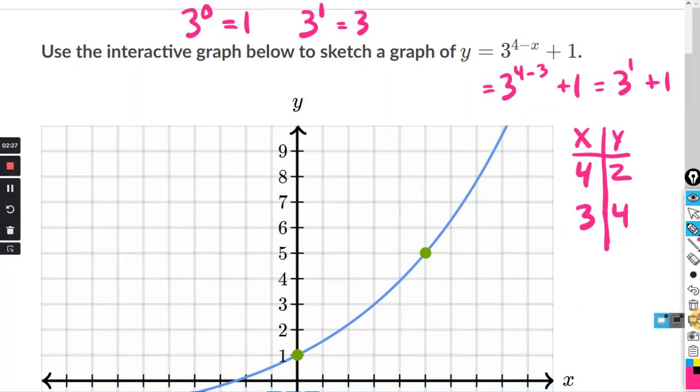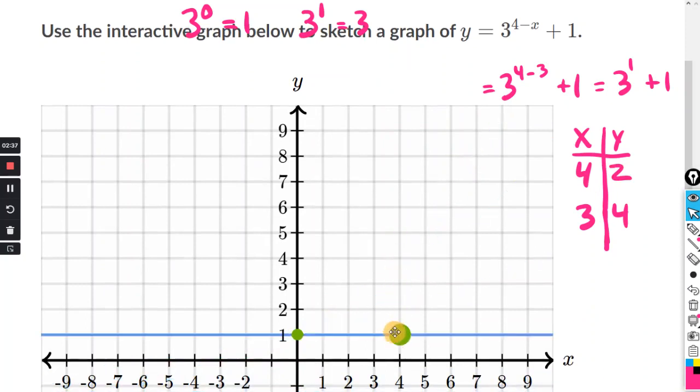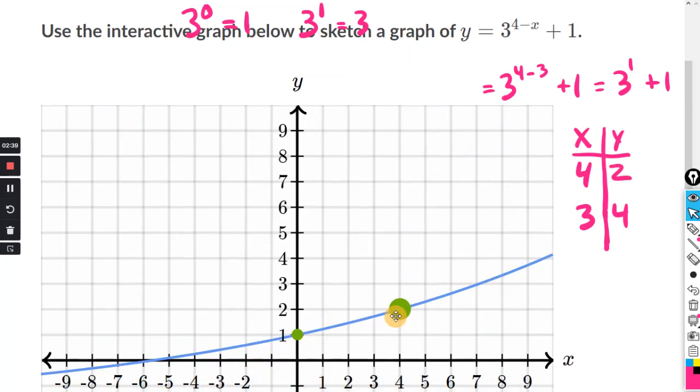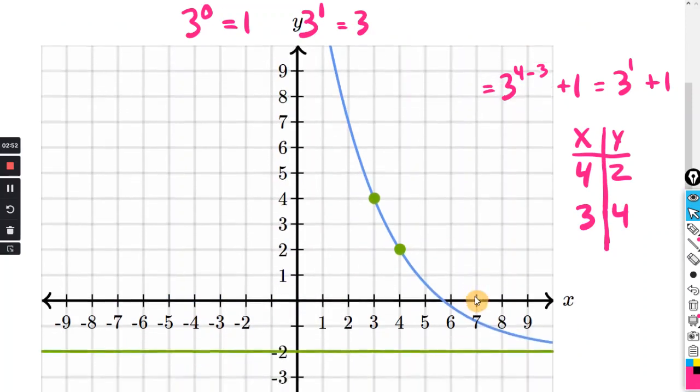All right, so let's get those out of the way. I'm going to go to x equals 4, y equals 2. If I go to x equals 4, y equals 2, I'm right there. And x equals 3, y equals 4. Okay, so I have 2 points. And finally,